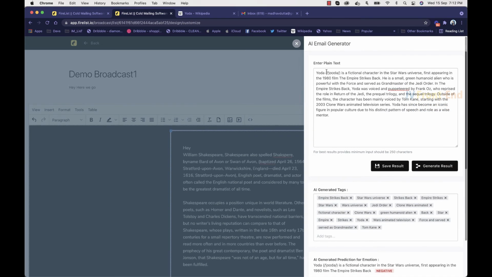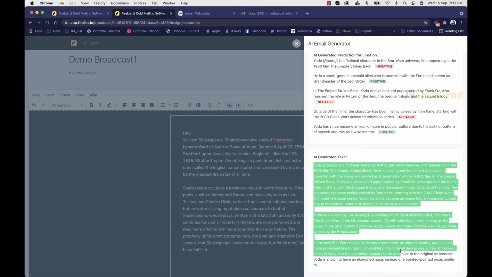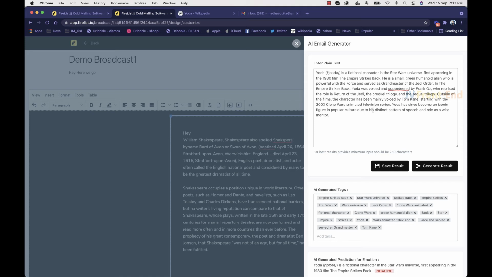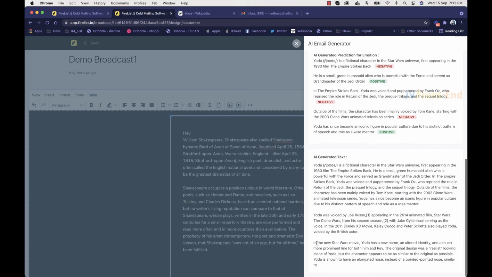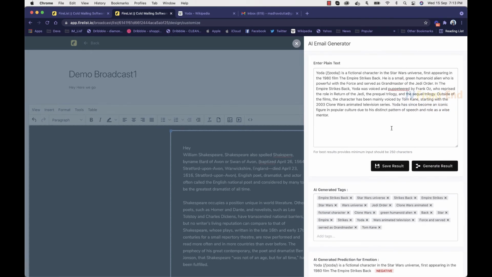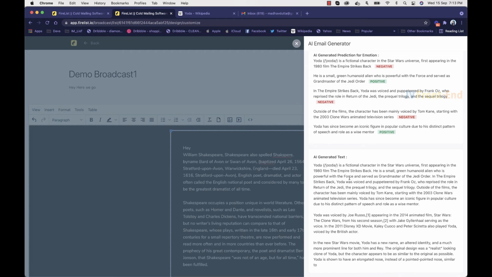And as you can see, we've just entered a small amount of text here, but AI has generated all the text and content related to Yoda. We have never mentioned that in the new Star Wars movie, Yoda has a new name, an altered identity, and a much more prominent line for both him and Rey. We have never mentioned this phrase. So AI is generating content about Yoda, and it is giving you a suggestion and you can